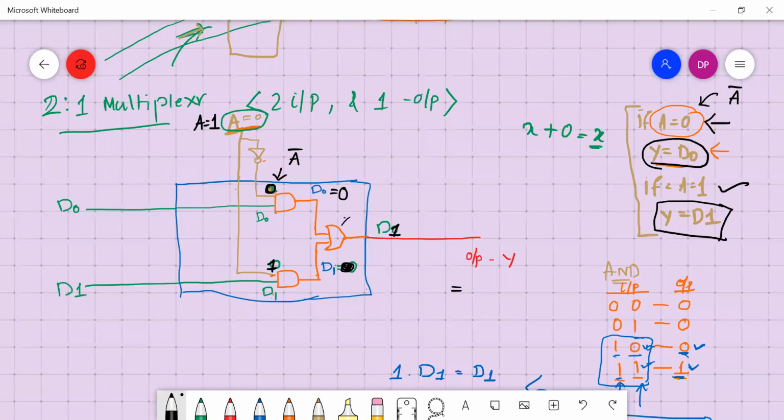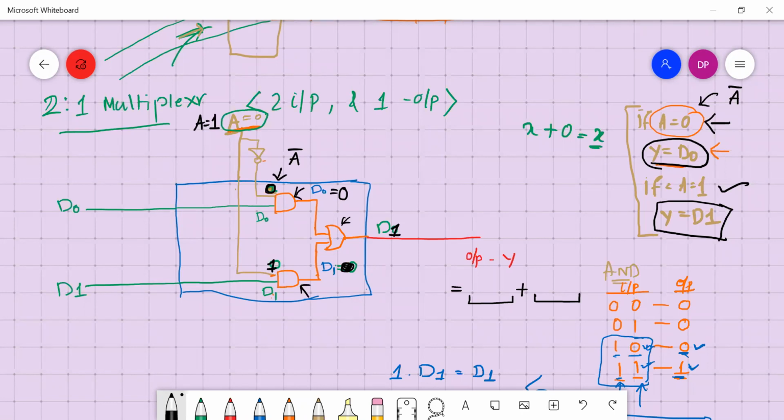So this output Y, what can we write? You see an OR gate here. Output Y is OR of two things. What are the two things? One comes out of this AND gate, another comes out of this AND gate.